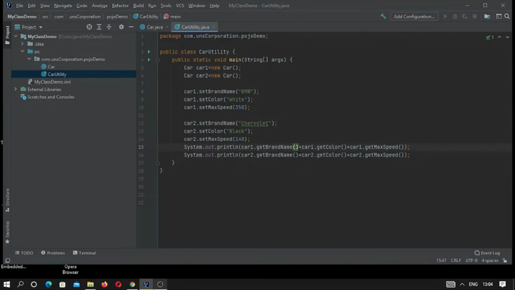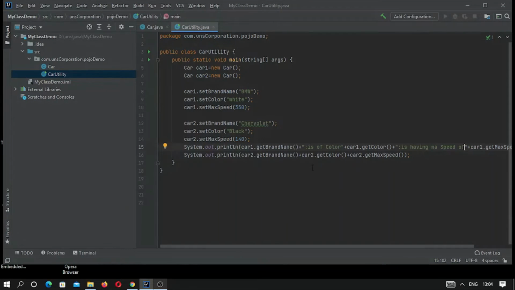Okay, or here we can differentiate, this is of color, okay, now here this is having max speed of.